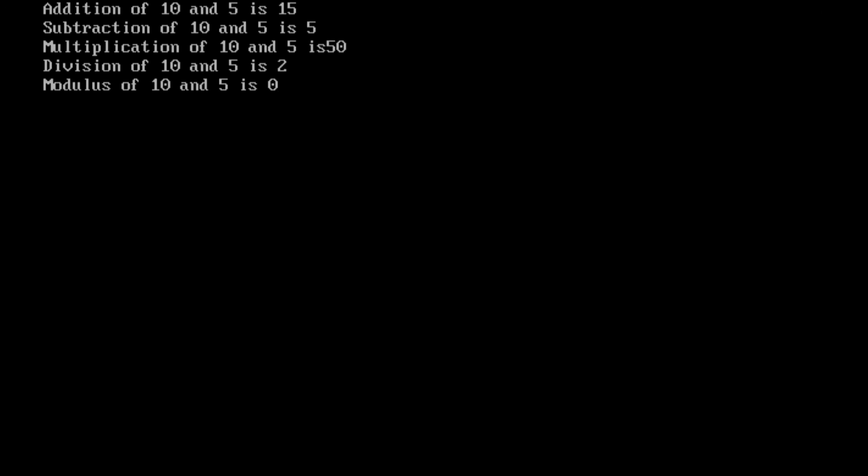And if you observe the last two lines, division and modulus, for division we are getting output as 2, that is the quotient, because 5 2s are 10. And for modulus, because 5 2s are 10, 10 minus 10 is 0, so the remainder is 0. The most important thing is division and modulus. In an exam or anywhere you may get a question on this division output and modulus output, so you should know the specific output for division and modulus.